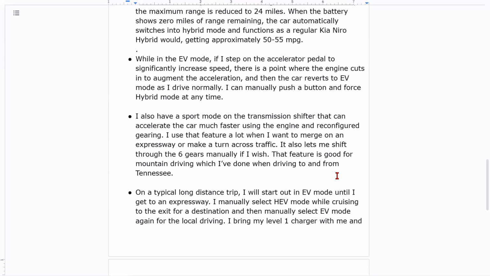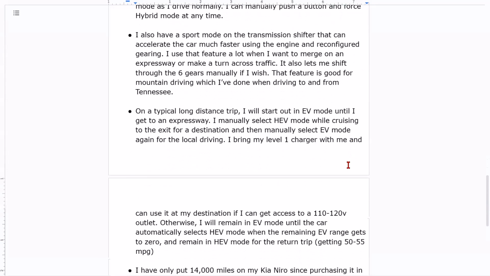So that's great for cutting across traffic if I have to make a left turn across traffic, or if I'm also merging on an expressway and I want to get up to speed really quick. And then if I want to feel sporty, I can actually manually go through all 6 gears. And it's good for mountain driving, which I've done when I was headed up to Tennessee, especially on long grades,